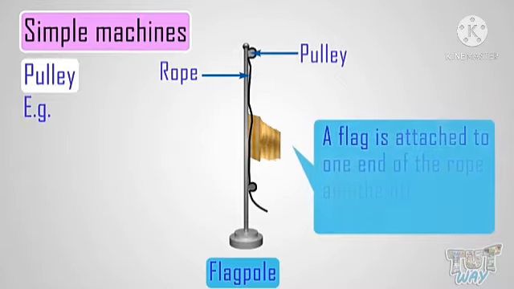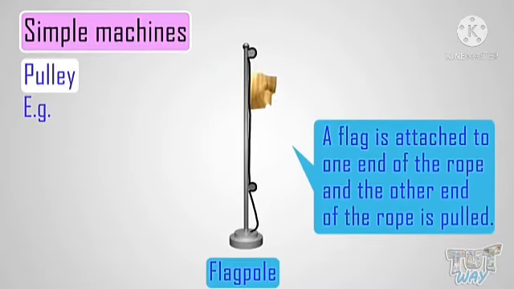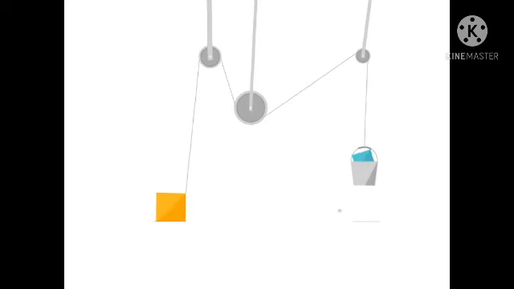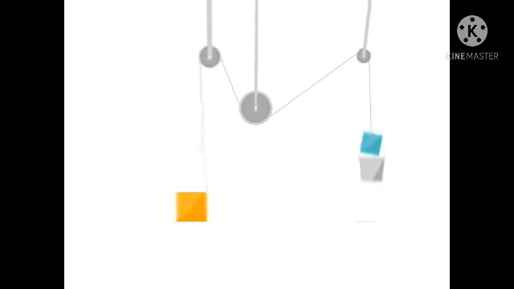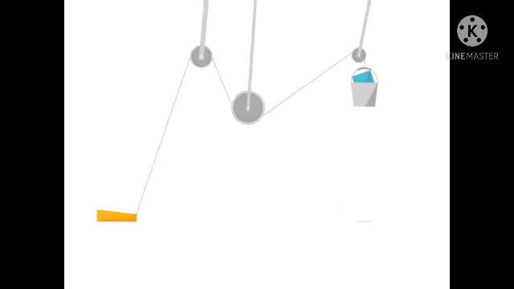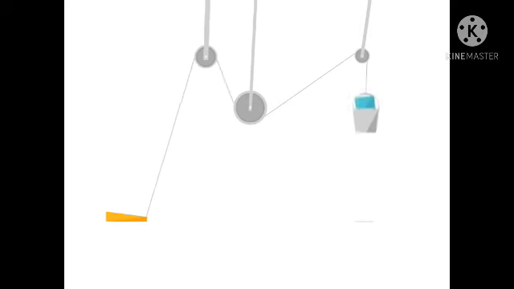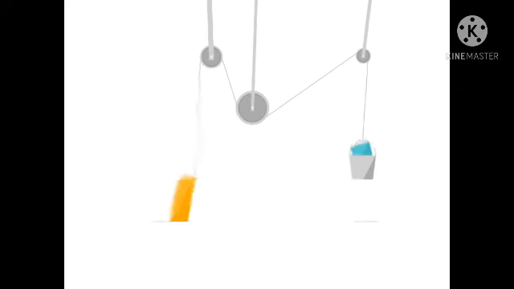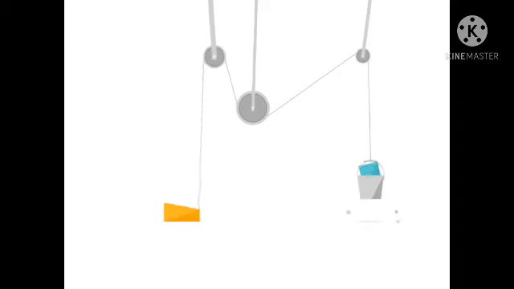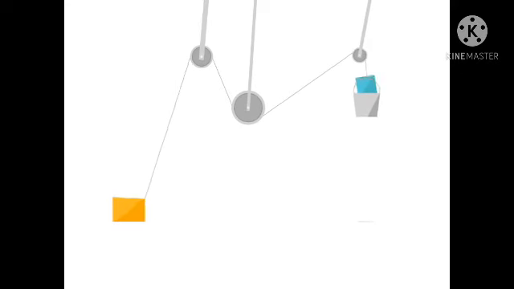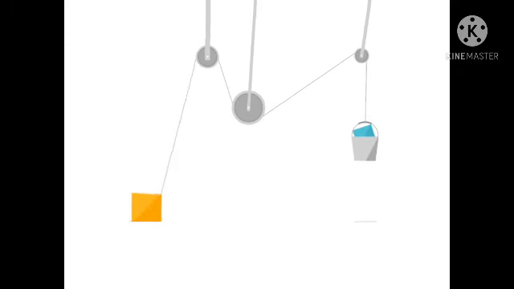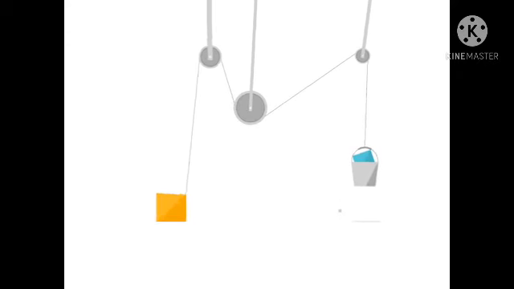You see, a flagpole is controlled by a pulley. When you pull the rope, the flag goes up. So this is an example of a pulley. A pulley can also be used to draw water from a very deep well. Yes, this is the pulley system. So you can see when the well is very deep, instead of using your physical energy or muscle to pull the rope, you can use a pulley.